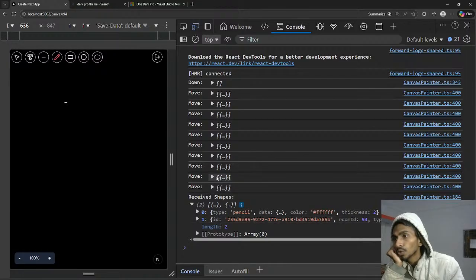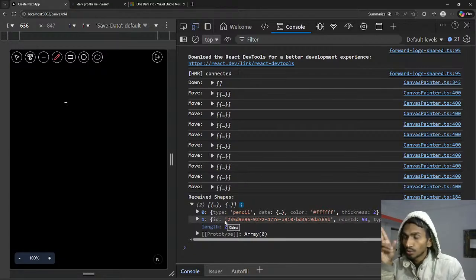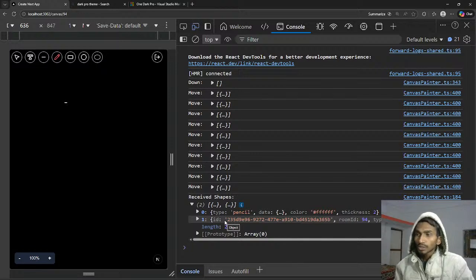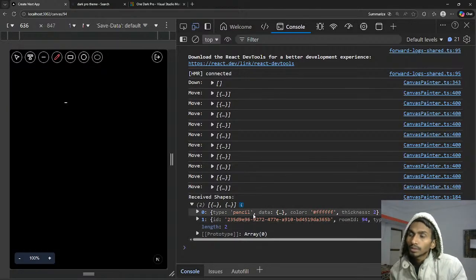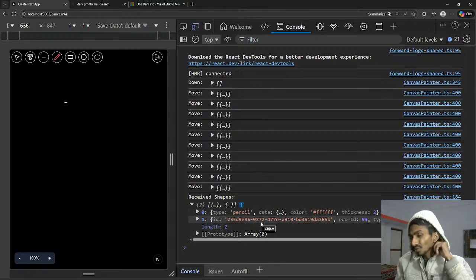Received. So when I was moving, there was only one value inside the array. When mouse up happened, there got 2 values. And the question is, when mouse up was happening, at that time I was popping the value, and once the value got popped, that means this value was getting removed and this value was getting set, right? So if it was actually happening like that,